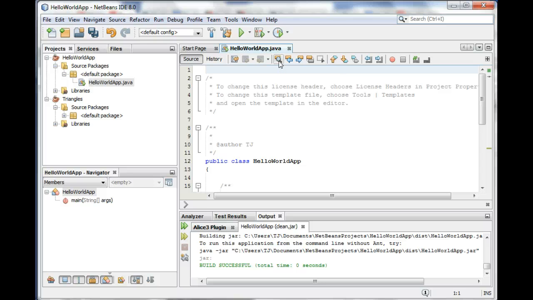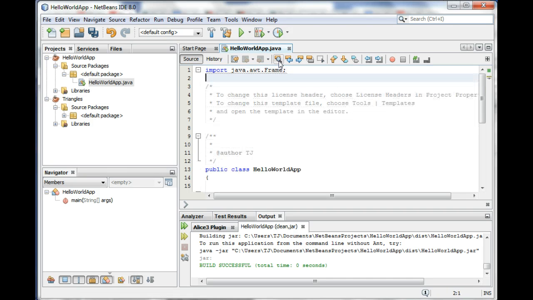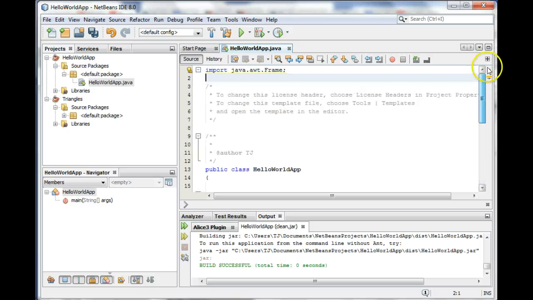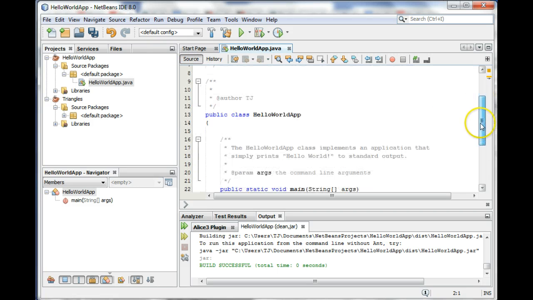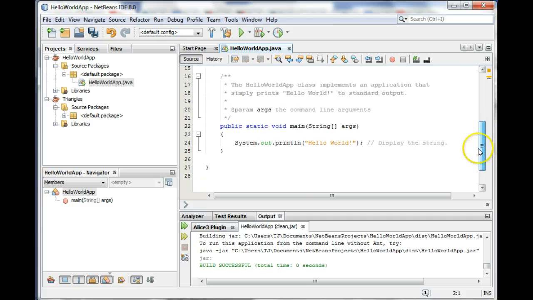Basically, it tells it where to go to get that class. Okay, so we're going to use the import java.awt.Frame. Okay, so we're going to create a frame. Now, right now, we haven't made any mention of the frame class in here, so we get this little yellow indicator saying it's an unused import at this point, because that's right, we haven't used it yet. But what we can do is we can create a frame in here,